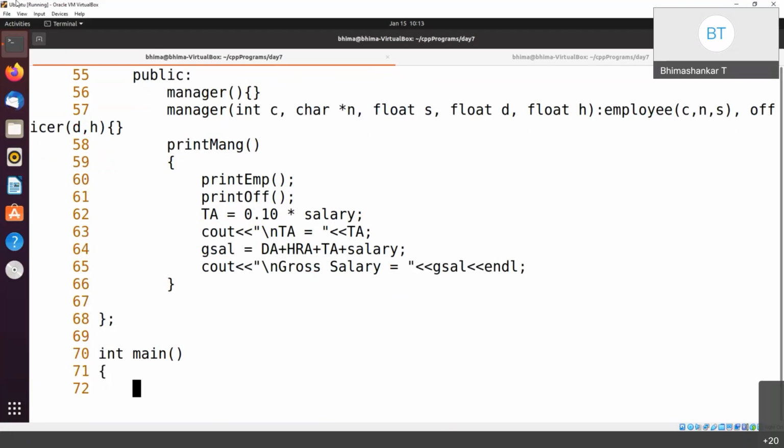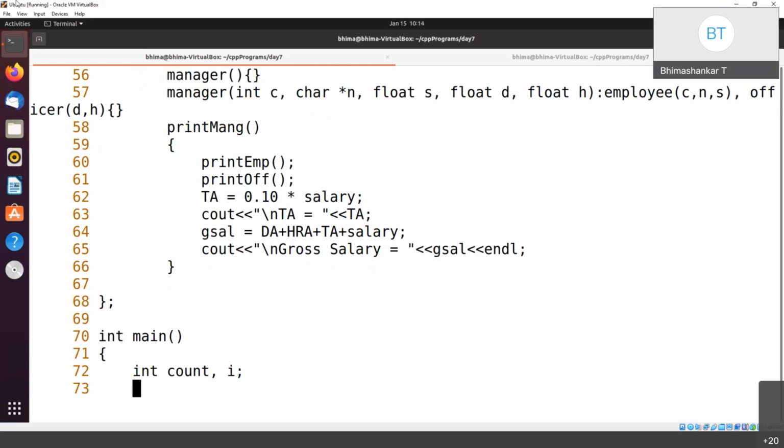Okay, so for the same, what I'll do is I want to maintain a count, or I can say the number of managers, okay, and for iteration I'll be taking it as I, okay, then I'll be using a pointer to the manager now. So manager,